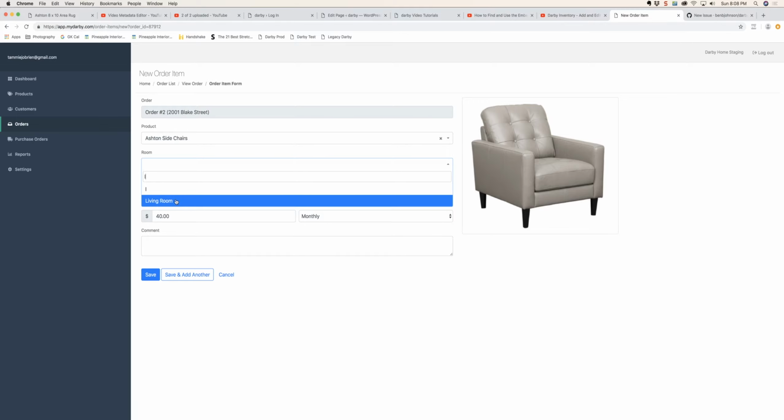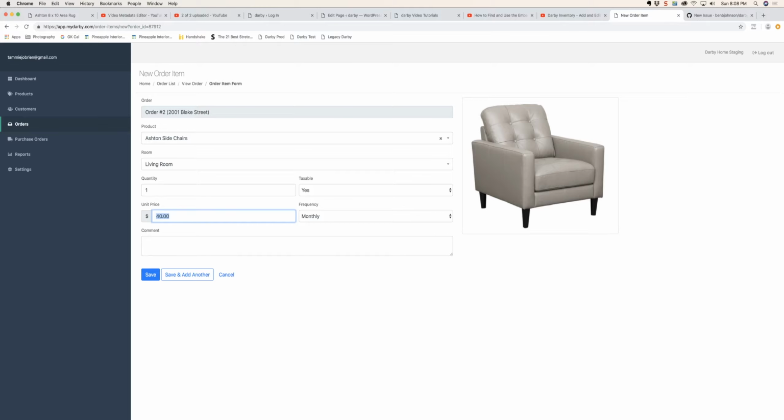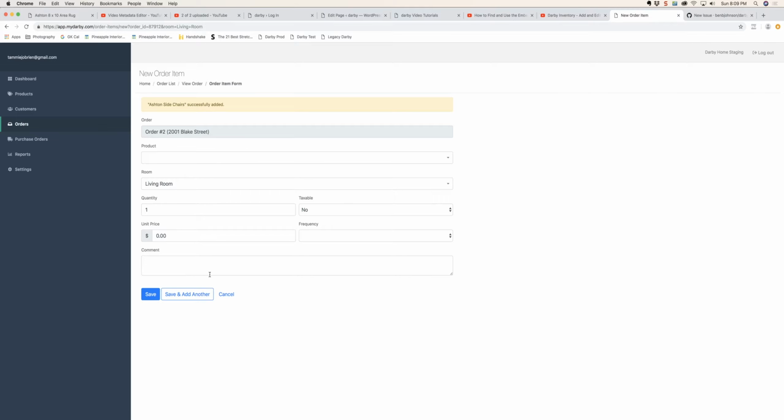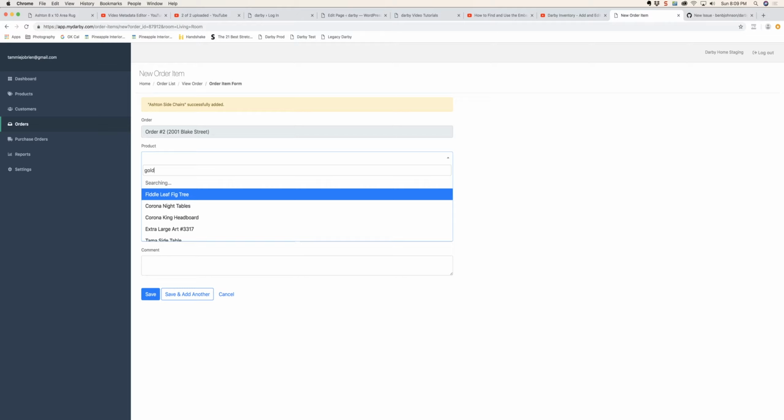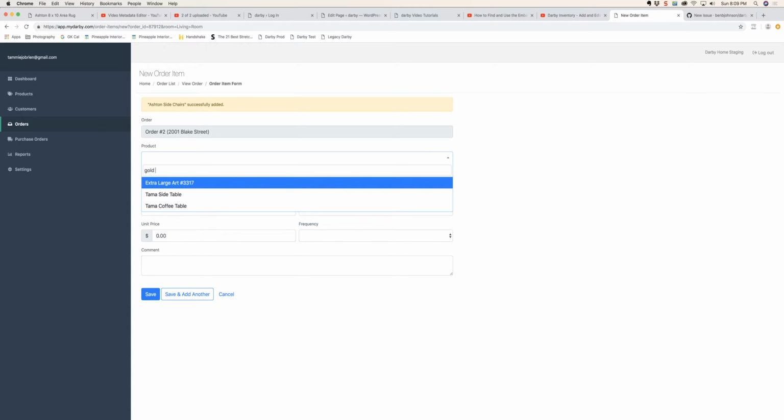Those will also go in the living room, and we're gonna put 2 in there. And we don't need a comment, but this time I'll say save and add another. And what that does is just bring you right back to this screen so you can continue to add your items. So let's say I'm going to add the coffee table, and I'll say gold coffee table, and it